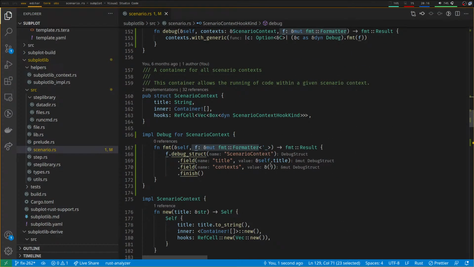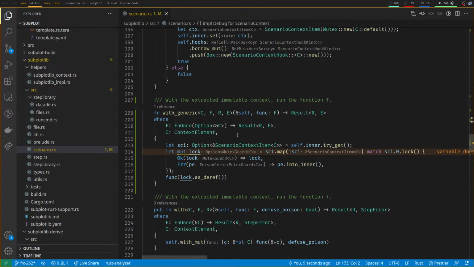So at this point, our difficulty basically is how on earth do we create a thing which is essentially a list of all of the debuggables out of the scenario context? Because I don't think we can. But what we might be able to do is create a type which is a debug for this stuff. I think, realistically,